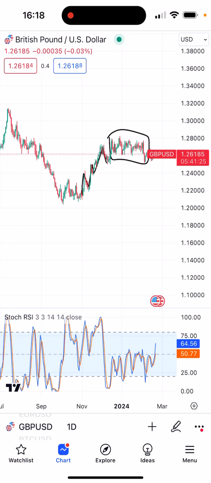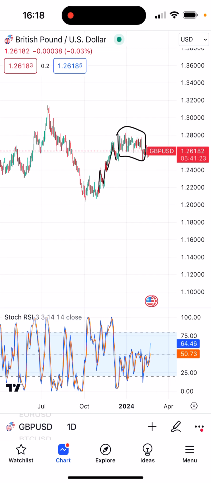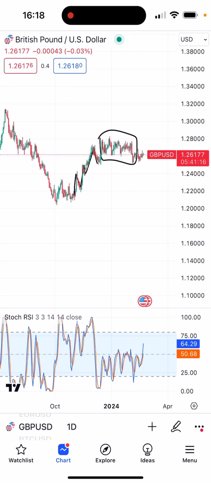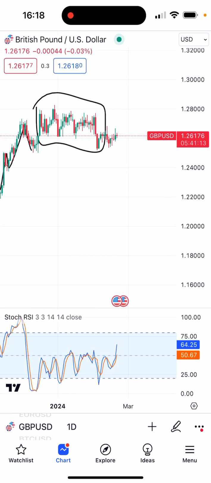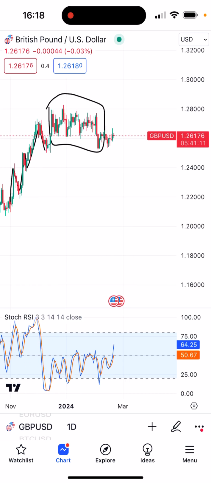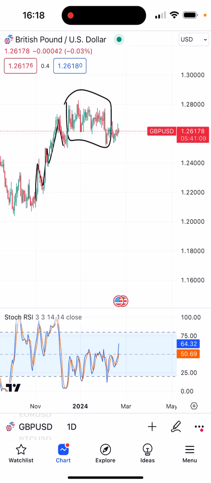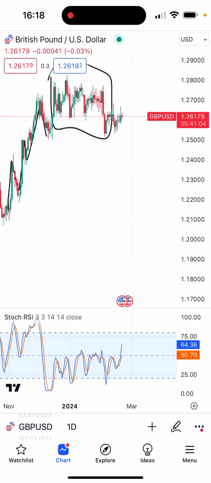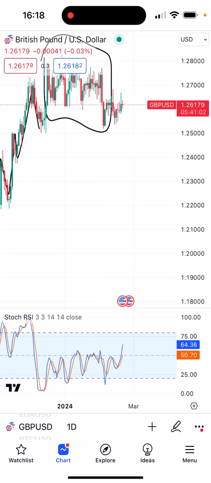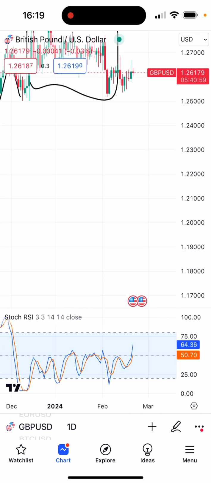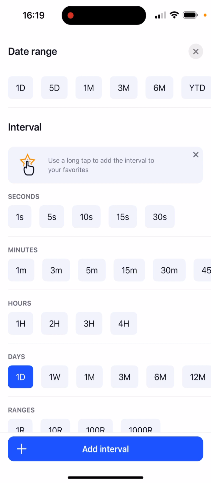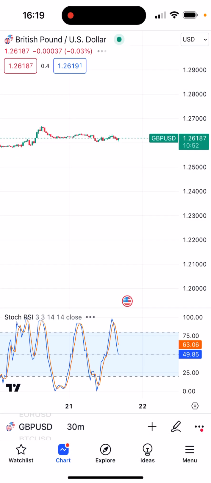So right now you can tell that after consolidation it never broke through. So I'm potentially going to be looking for sales on the GBP and USD. The reason why is because I can't see this going up as yet, but things might change, from the weekly to daily. That's why you need to be really, really careful. But again, if you want to trade this pair, if you go down to a 30 minutes time frame, yeah,